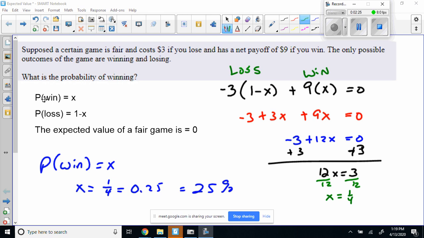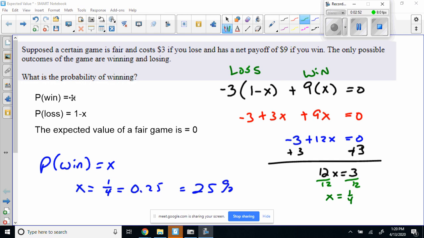Well, we don't know what the probability of a win is, so we're setting it equal to x. X is an unknown, right? But if you tell me you know what the probability of a win is, then I could tell you what the probability of a loss is, because it'd be 1 minus that. Because 1 is 100%, right? 1 is a decimal of 100%. 100% is equal to 1 as a decimal.